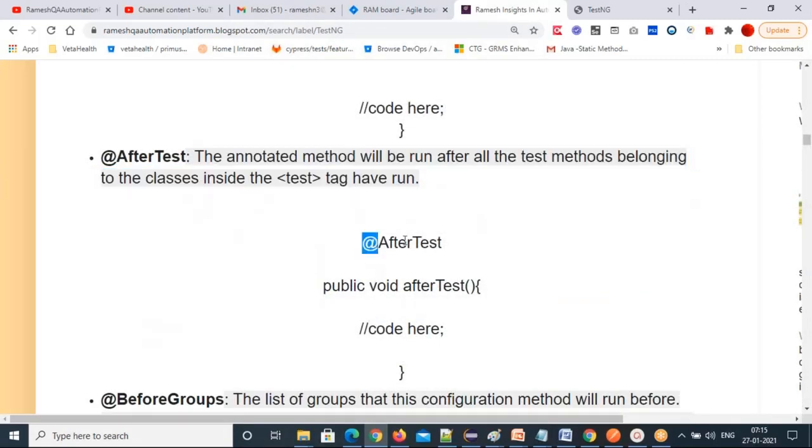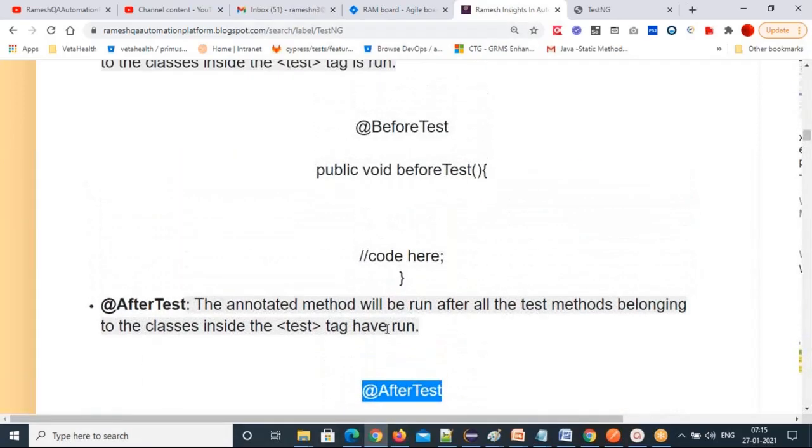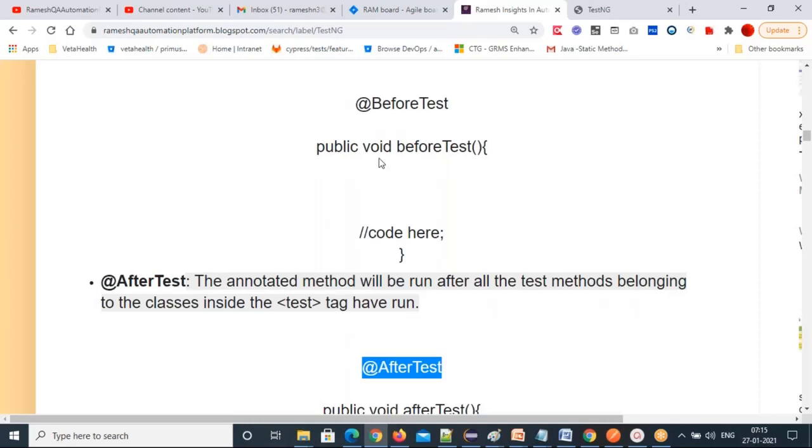This is the test tag level. This before test to after test is test tag level. Under one test tag, you can have multiple classes, multiple TestNG classes. And here, before test and after test will repeat for as many test tags as you have.